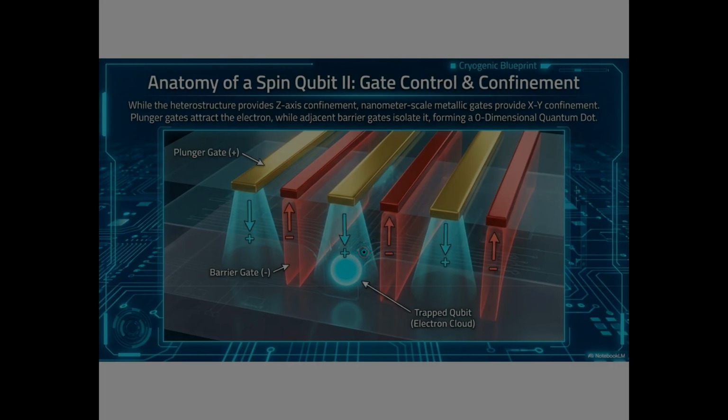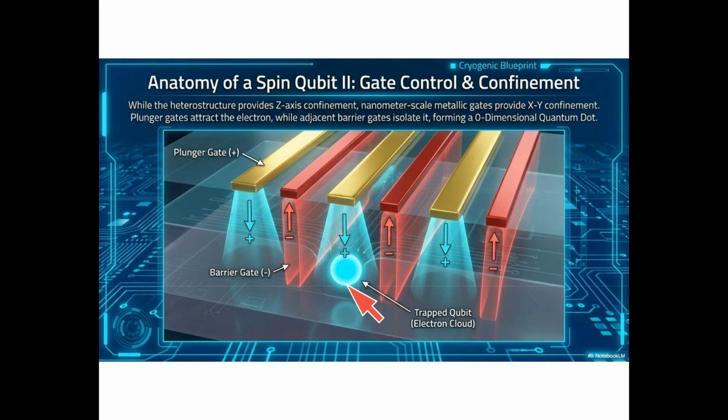And inside that dot sits a single trapped electron, our qubit, shown as this glowing teal sphere. This is labeled the trapped qubit, the electron cloud. That single electron's spin state, up or down, is our logical 0 and 1. The entire gate array spans just tens to hundreds of nanometers in width, well within the capabilities of advanced semiconductor lithography. And because the quantum dots are defined purely by voltage, they are fully reconfigurable in software without ever touching